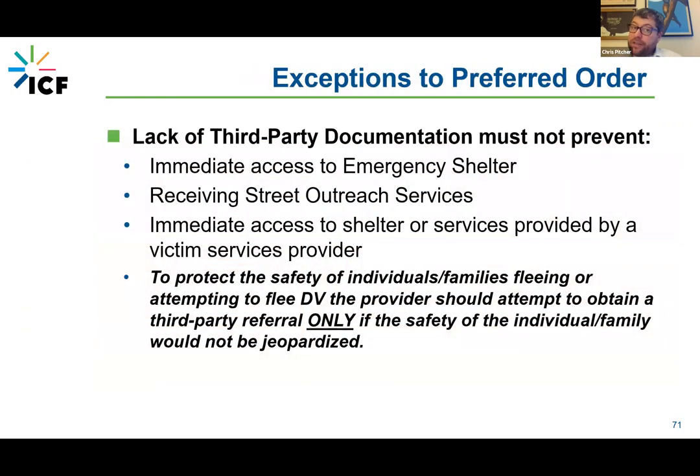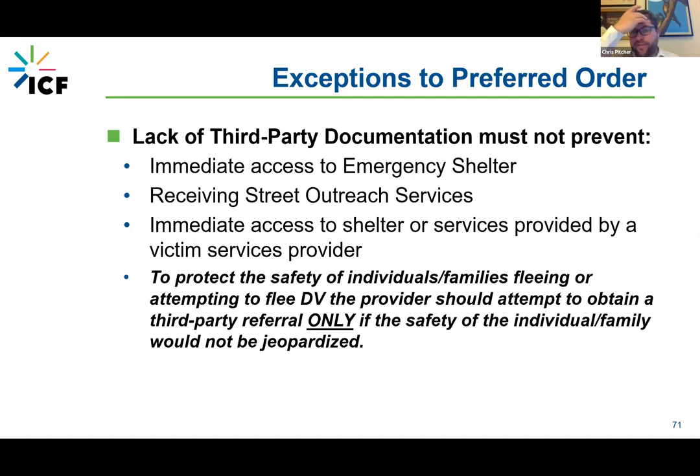There are exceptions to the preferred order. The lack of third-party documentation must not be the barrier to housing. It must not immediately keep people out of shelter. It must not keep folks from receiving services in the street outreach environment, and it must not prevent access to domestic violence services.